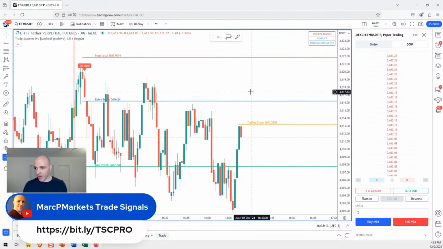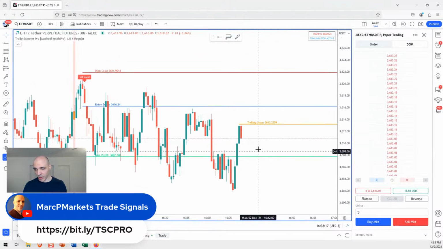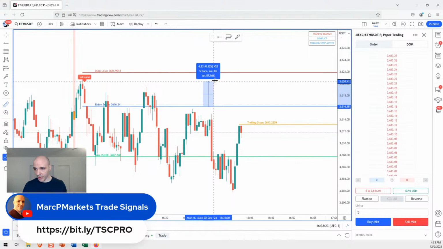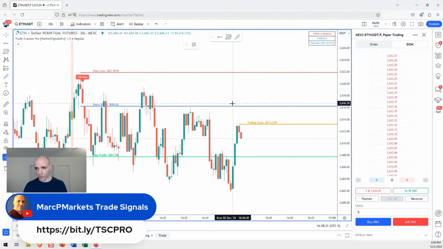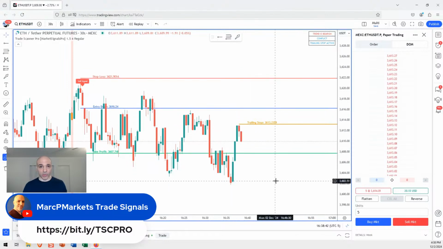So keep in mind, this is why I wait for the trailing stop, especially on a 30-second chart. My risk started out up here, right? Remember, my original risk was up here. And I would have given back 6 points or whatever. That would have been a losing trade. Then my risk went to break even. So now if I give back the profit, well, I'm giving back profit. Now, if the trailing stop is touched, I just take a smaller profit, but it's still a profit.